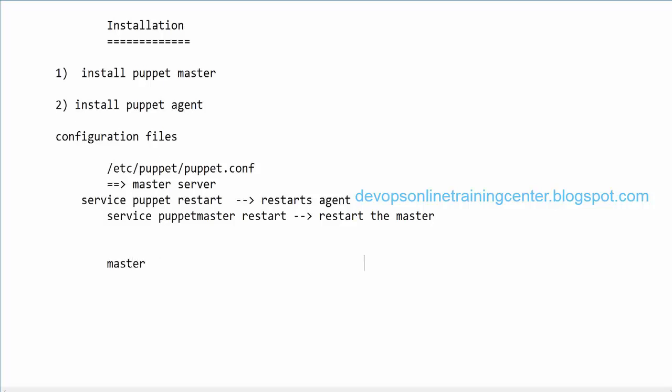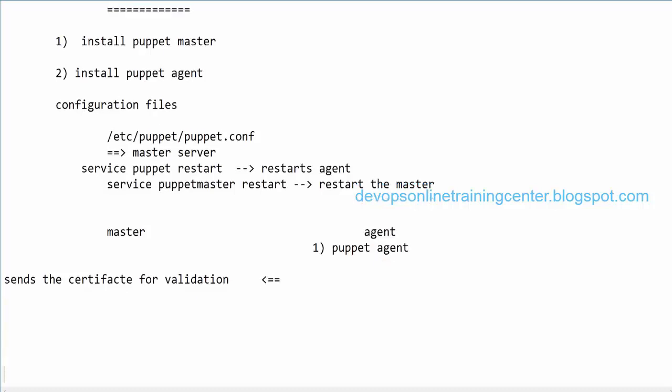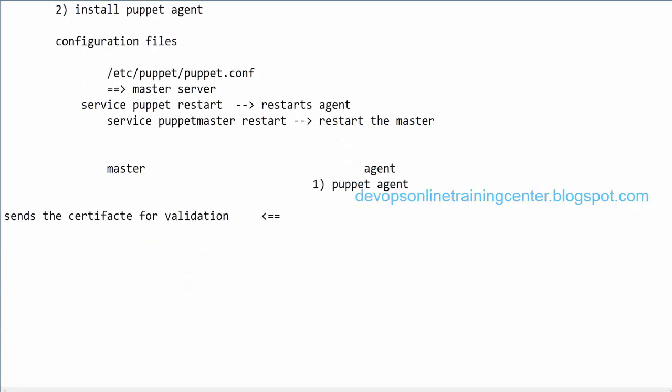So let's say this is master and this is agent. So on the agent, for the first step, we execute a command called puppet agent. This will send certificate to master for validation. Okay. So the first step will send SSL certificate to master for validation, because Puppet agent has to contact master,